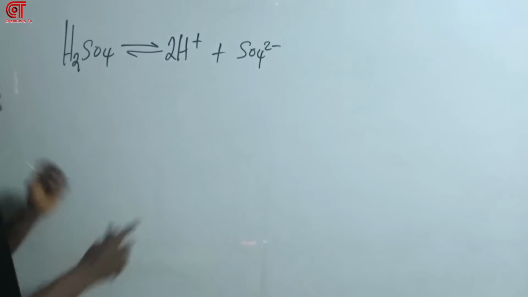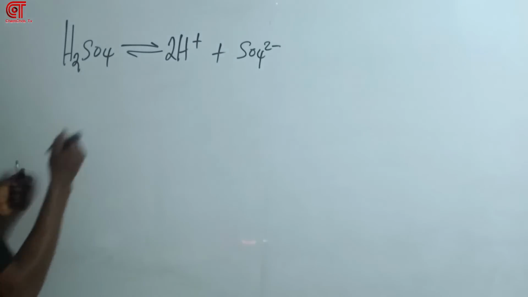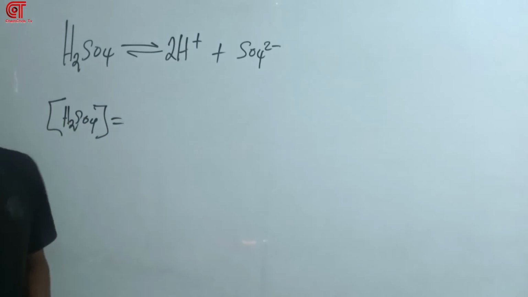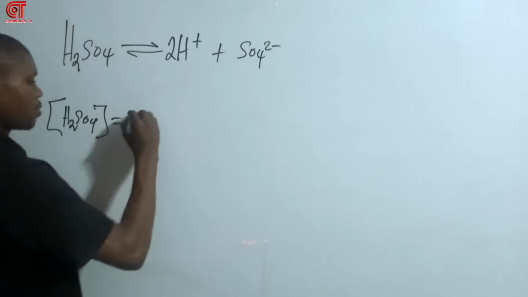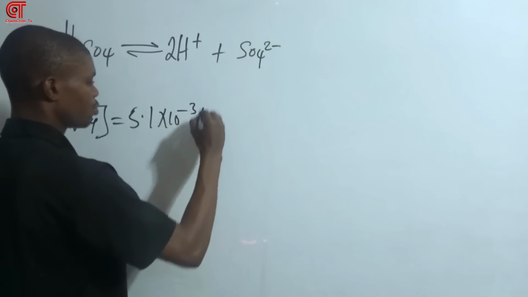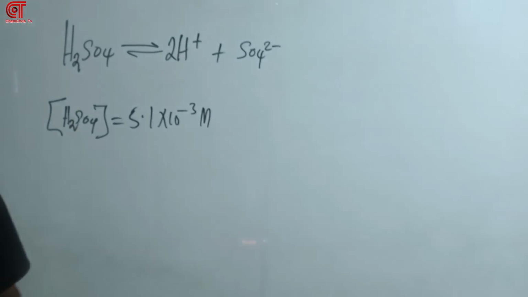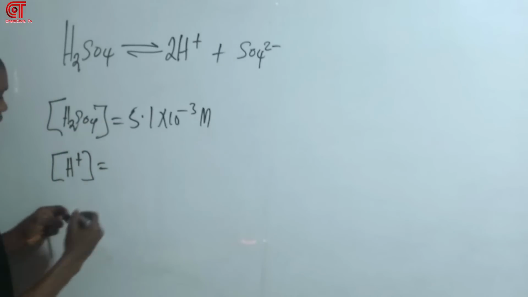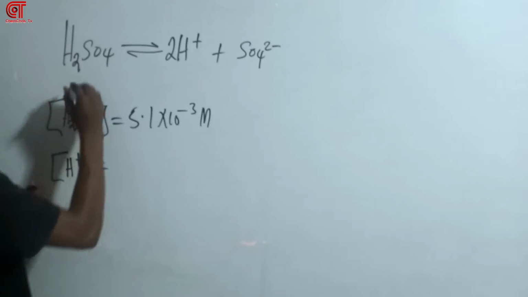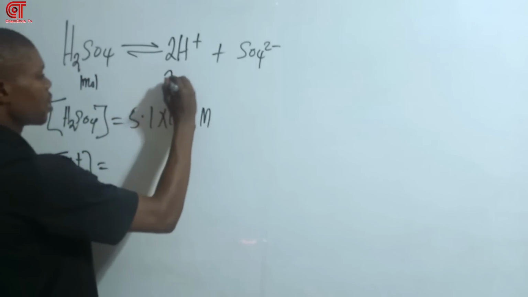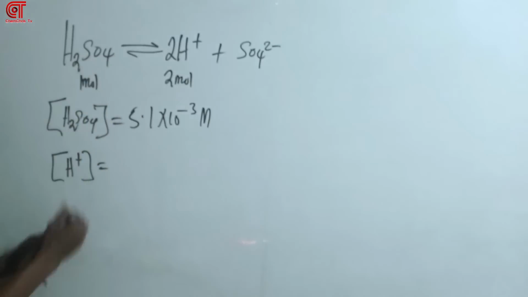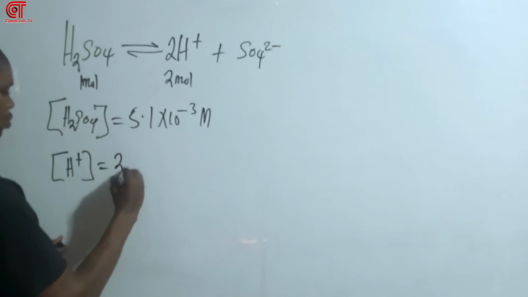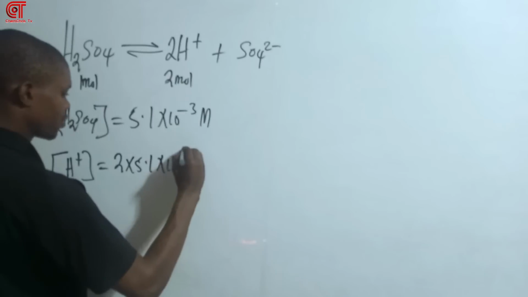So the first thing you want to do is to check if the equation is balanced. The concentration of H2SO4 given to me in the question is 5.1 times 10 to the minus 3 molarity, right? That was the question given to me. Now, how do you get the concentration of the hydrogen ion? How many moles do you have here? 1 mole. How many moles do you have here? Here you have 2 moles. So this one is 2 times this one here. So the concentration here is going to be 2 times 5.1 times 10 to the minus 3 molar